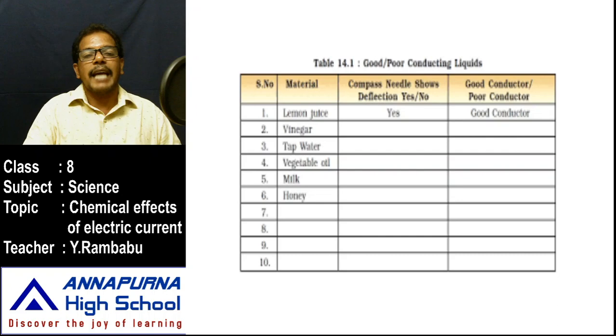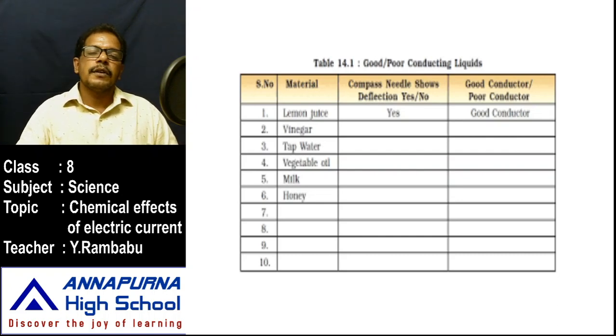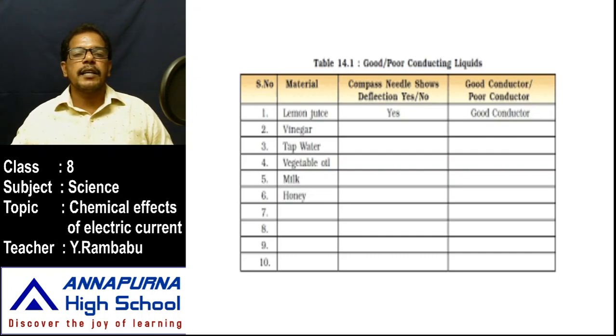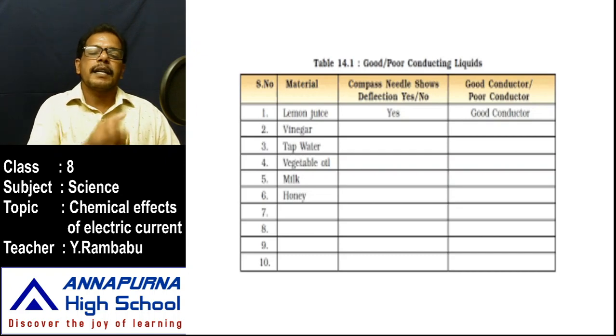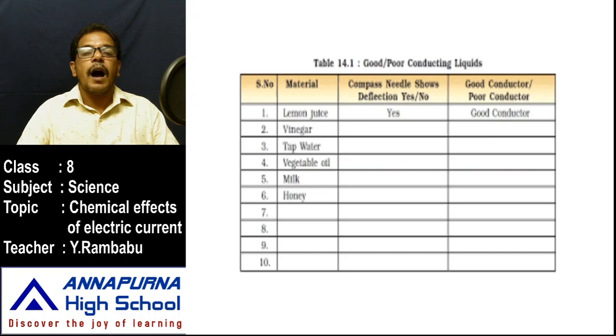That means if we use an LED, that LED glows with high intensity in some cases, and with lower intensity in others. That means the conductivity of all liquids is not the same. If the conductivity of a liquid is high, then the bulb or LED glows with higher intensity. If it is lower conductivity, it glows with low intensity. But in solid conductors, free electrons are responsible for carrying the charge, but in liquids, ions are responsible for carrying the charge. How are these ions produced?